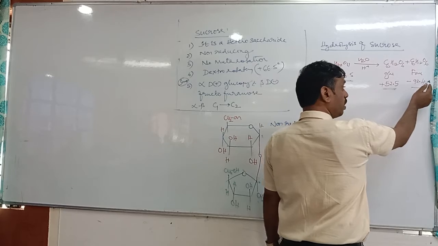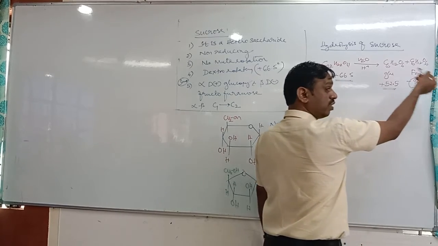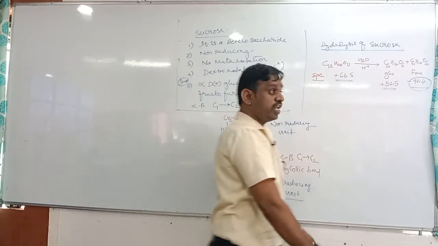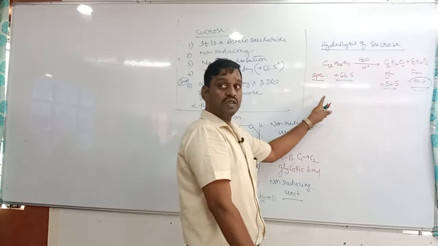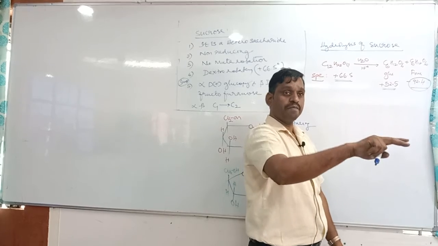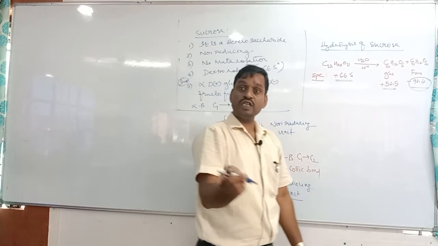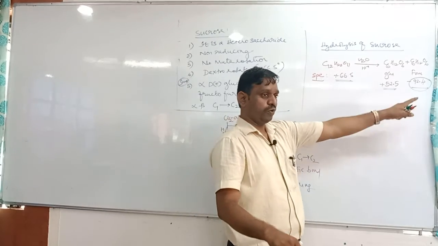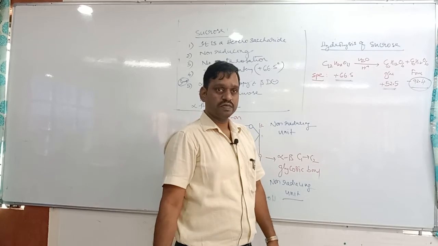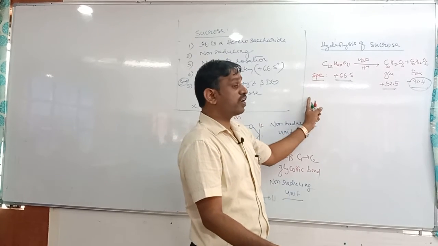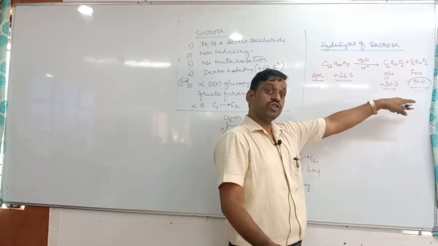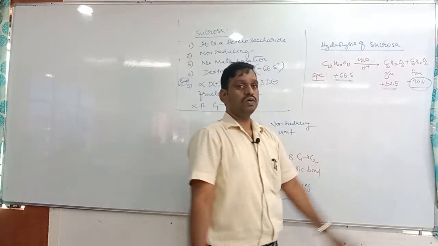Then here, the levo rotation dominates, meaning it is more than the dextro rotation. That means the resulting solution becomes what? Dextro or levo? Levo. So initially dextro, after hydrolysis the resulting solution becomes levo. So the rotation is inverted. Inversion means opposed. The rotation is opposed, from positive to negative. So this phenomenon is called inversion of cane sugar. The specific rotation changes from positive to negative, since the fructose rotation dominates compared to the glucose rotation.